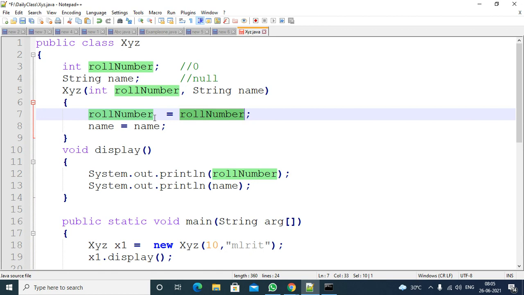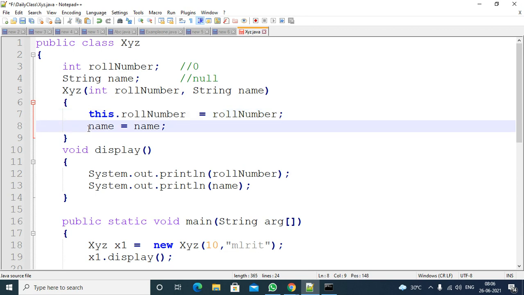So how do you get the instance variable? Apply the this keyword here. If you apply this keyword, it will not pick the local variable name. It will pick the variable roll number from the object level, that is, the instance variable.